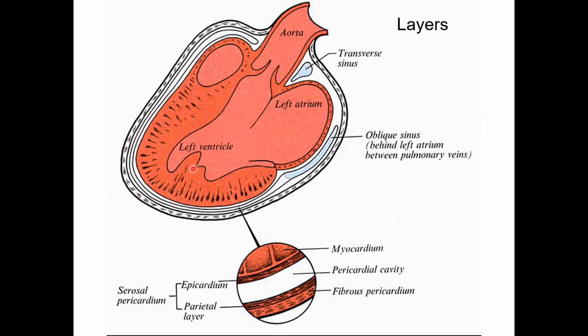What distinguishes the pericardium from the pleura and peritoneum is that it has an additional third outer layer. This layer is made of fibrous tissue, and we call it the fibrous pericardium. So we have three, not two layers. If we take a section here, with the heart, we can see that the outermost layer is fibrous tissue called the fibrous pericardium. Then we have the pericardial cavity and the two layers of the serous pericardium, parietal and